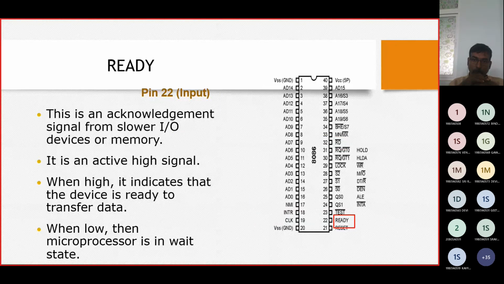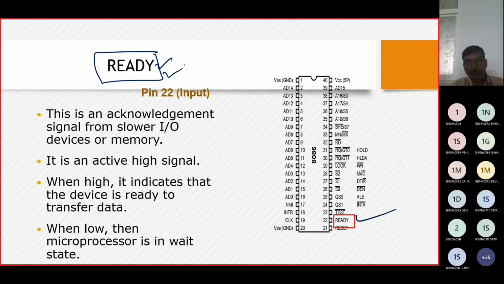The next thing is whether the microprocessor is ready to take up a data transfer or not. Who is going to decide? It is going to be taken up with a ready state. Say you made up your mind to join the class; making up your mind, you are ready at that point. Similarly, the microprocessor is ready to take up data.